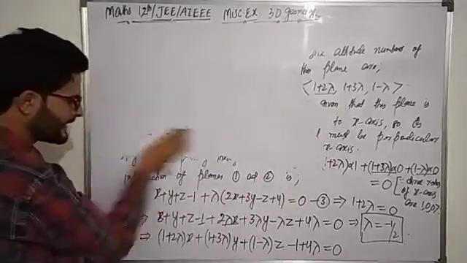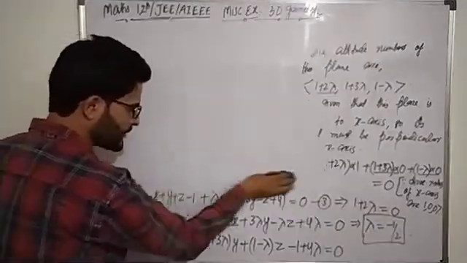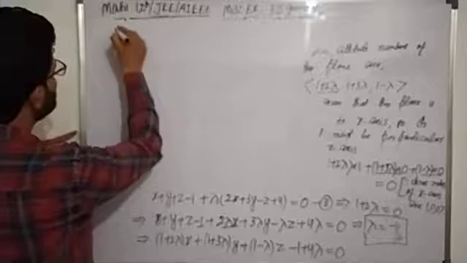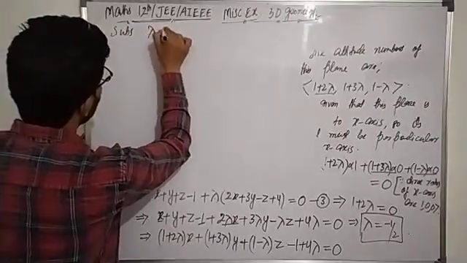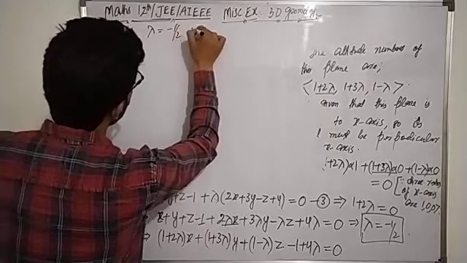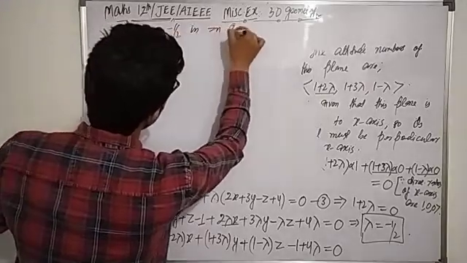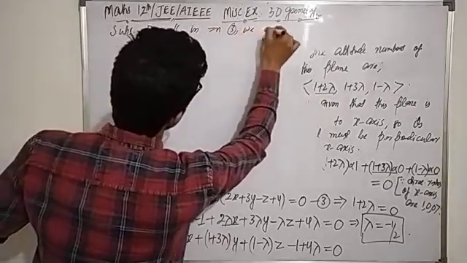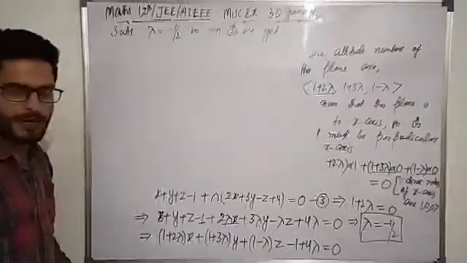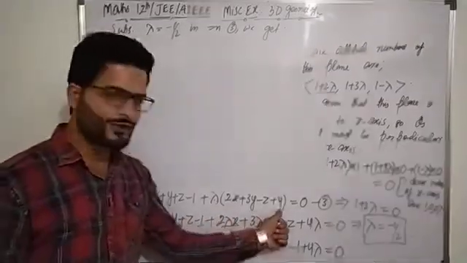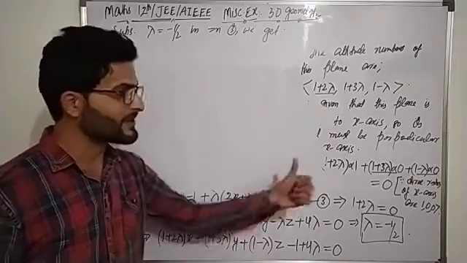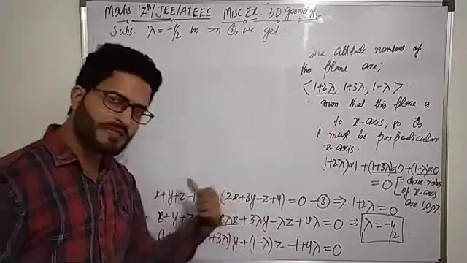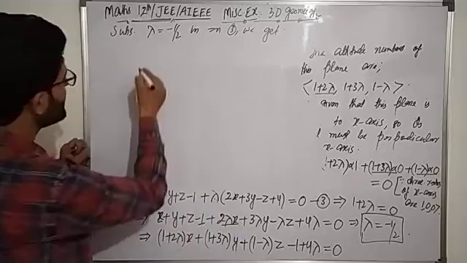Substituting lambda is equal to minus 1 divided by 2 in equation third, we get the equation of required plane. क्योंकि इक्वेशन थर्ड ही है एक्चुअली इक्वेशन ऑफ रिक्वायर्ड प्लेन, लेकिन इसमें ये वैल्यू था लैम्बडा अननोन जो हमने इस मेथड से निकाला है. अब उस लैम्बडा को वापस सब्स्टिट्यूट कर देंगे तो क्या मिलेगा, x प्लस